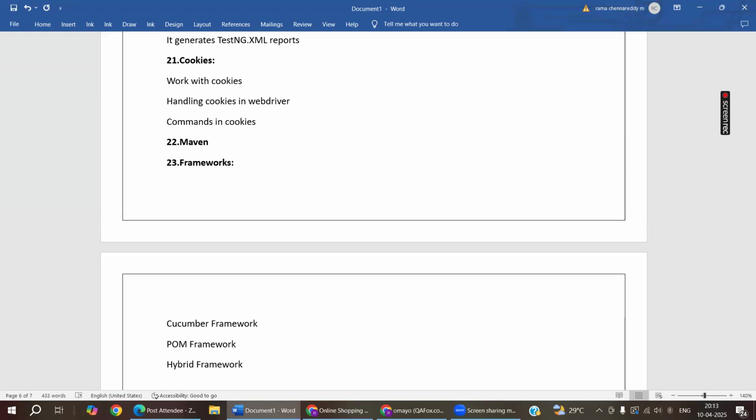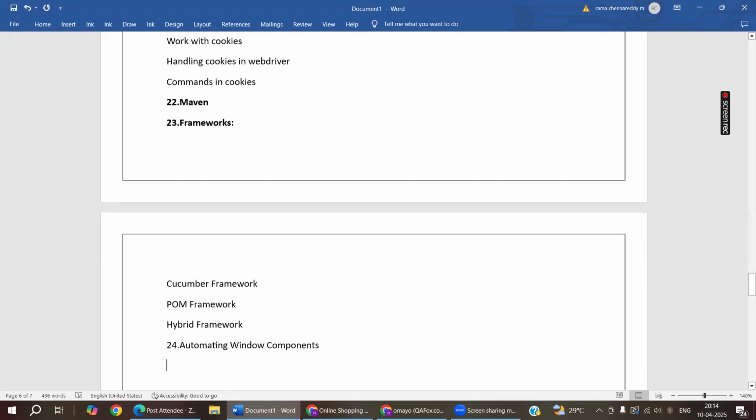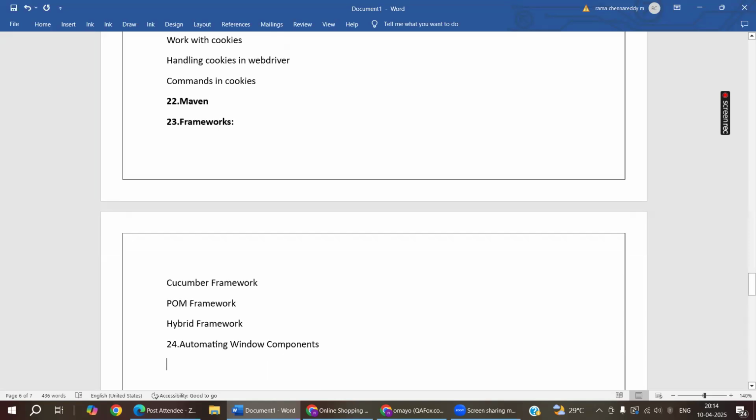And then the final concept, our topic 24, is automating window components. Selenium WebDriver automates only web-based applications. It will not automate any window-based applications or mobile-based applications. If you want to automate window-based or mobile-based applications, then we can use third-party tools or third-party software. For example, to automate window-based applications, we can use